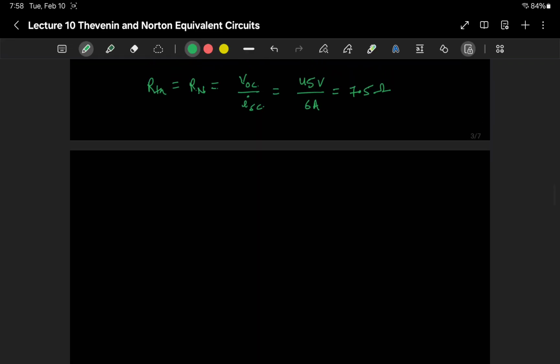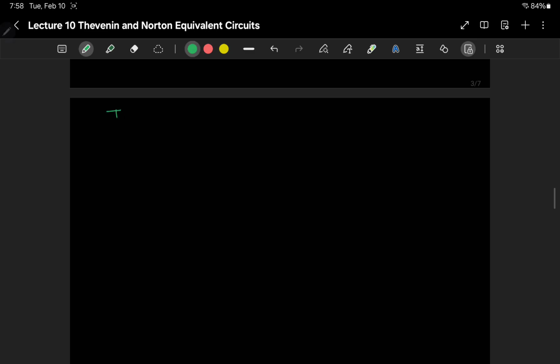So once you have the answers, the best way to show your answer is to draw the equivalent circuit. So I'm going to draw that here. So Thevenin equivalent here, and then on this side I'll draw Norton equivalent. Okay, so the Thevenin equivalent will be this,